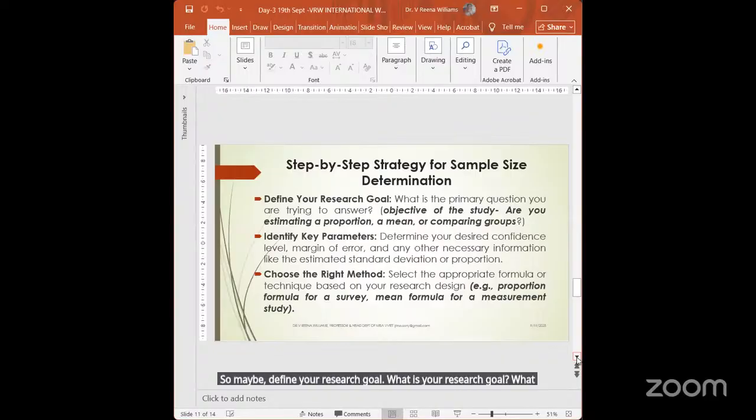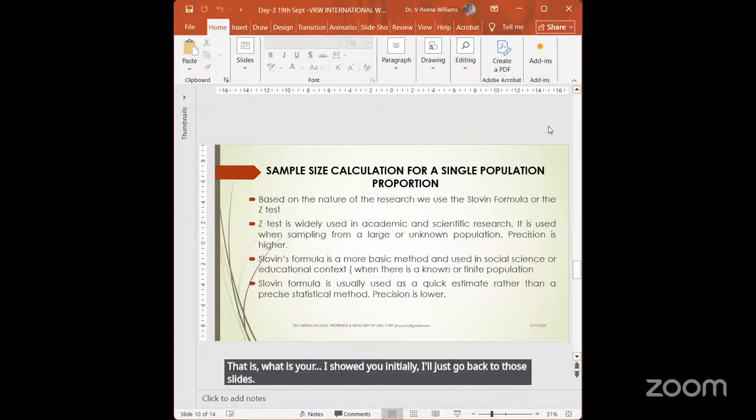What is it that you are? Identify that. Secondly, identify the key parameters. That is, what is your... I showed you initially, I'll just go back to those slides. I spoke about